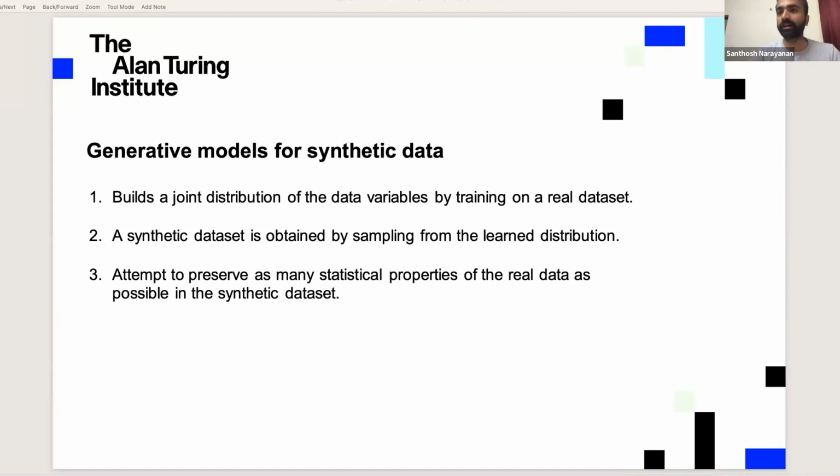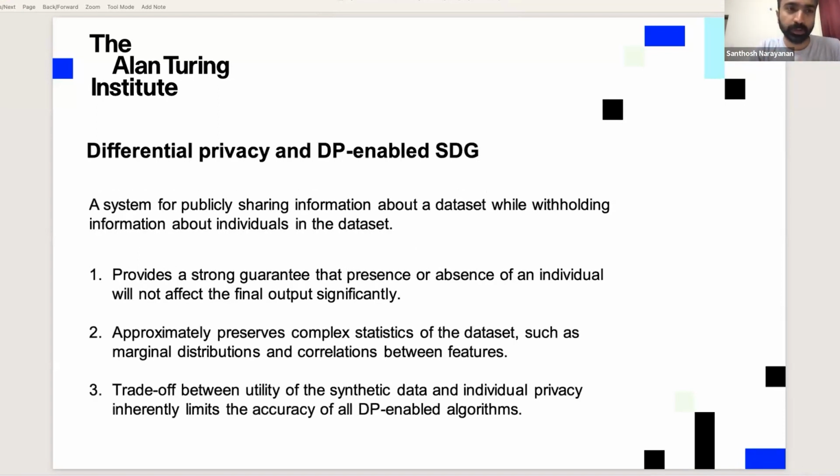And what these models are trying to do in the learning phase is preserve as many statistical properties as possible of the real data set that they have access to. However, all generative models are not privacy preserving by default. So this is where the key concept of differential privacy comes in. Differential privacy enables us to share information about a data set while ensuring that any individual level information